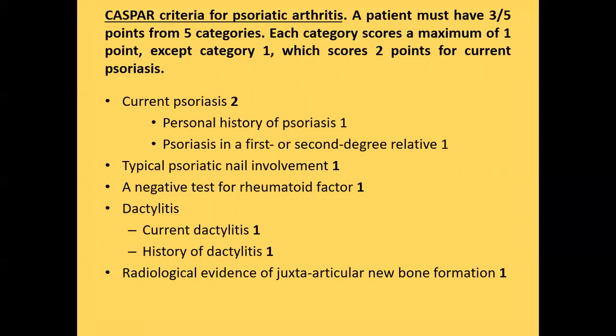Or if there is a history of psoriasis in first degree or second degree relatives, then again the score is 1. The second criterion is typical psoriatic nail involvement, which has 1 score. A negative test for rheumatoid factor is again 1 score. Then dactylitis, current or history of dactylitis, both carry only 1 score. Then radiological evidence of juxta-articular new bone formation again carries 1 score. So a patient must score 3 out of 5 to be labeled as suffering from